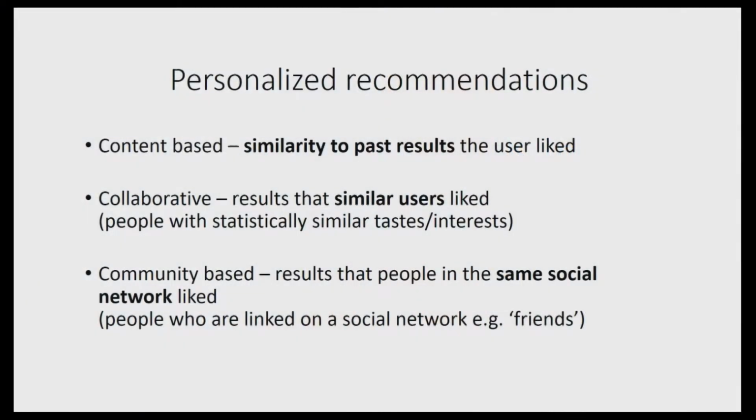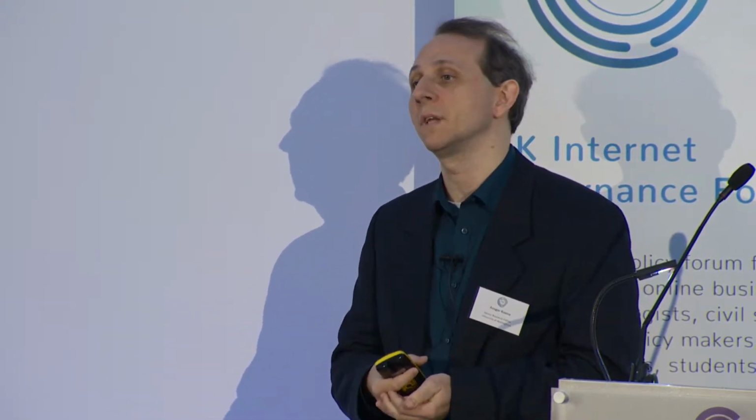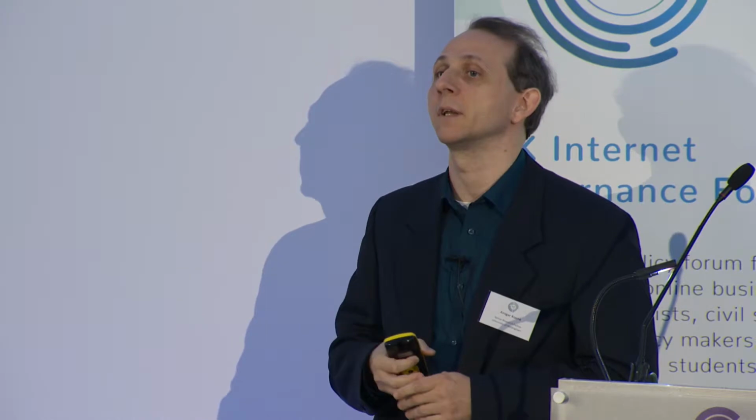Generally, this kind of filtering has moved towards the narrative of personalization, making the algorithms work for the individual. And there are, broadly speaking, three categories around this. There's content-based filtering, which is really about looking, based on the content itself, for which kind of content is similar to other content that you have accessed in the past, and doing filtering on the basis of that. There's collaborative filtering, which is to say results that similar users like this person were interested in. So this is matching you to other people and saying, well, if those other people were interested in this kind of information and you are similar to them, then probably you're interested in that kind of